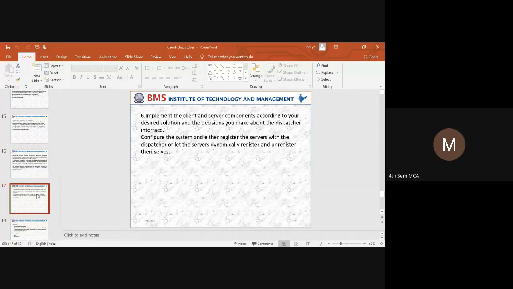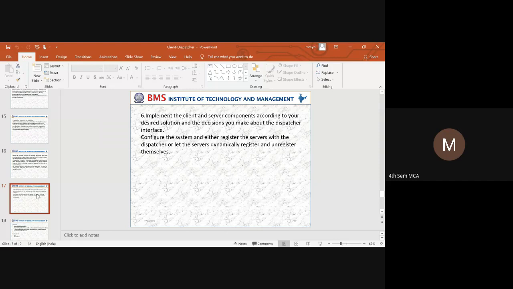Next, we need to implement the client server components according to the desired solutions and decisions that we can make with respect to the dispatcher interface. That means we need to identify how the servers are implemented and how the clients are implemented.